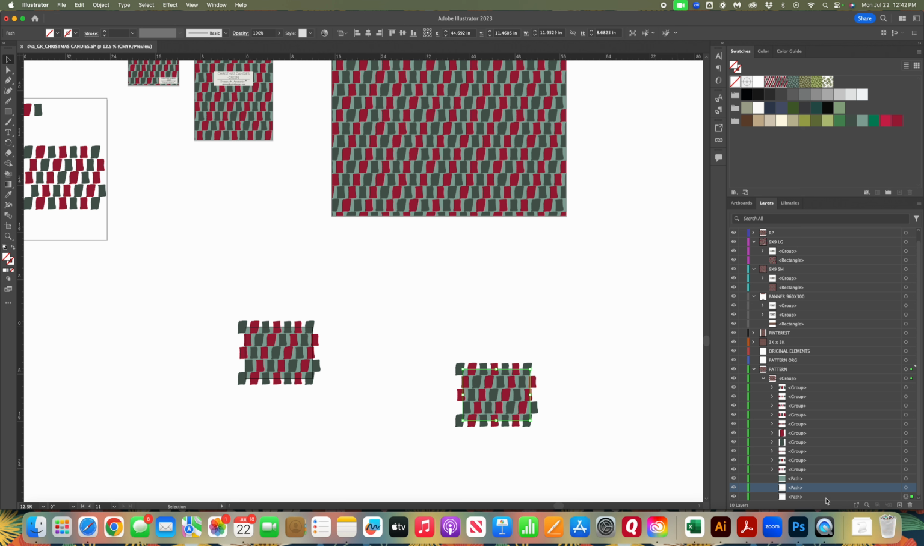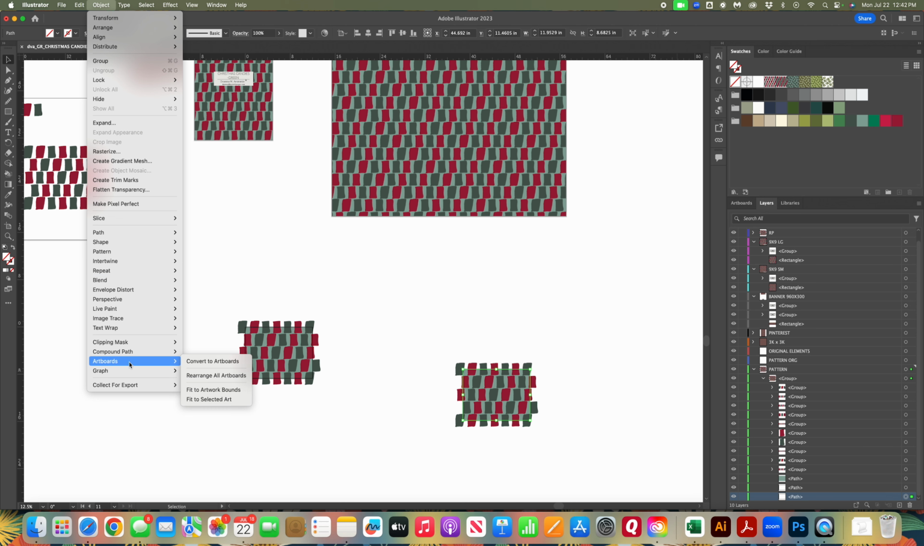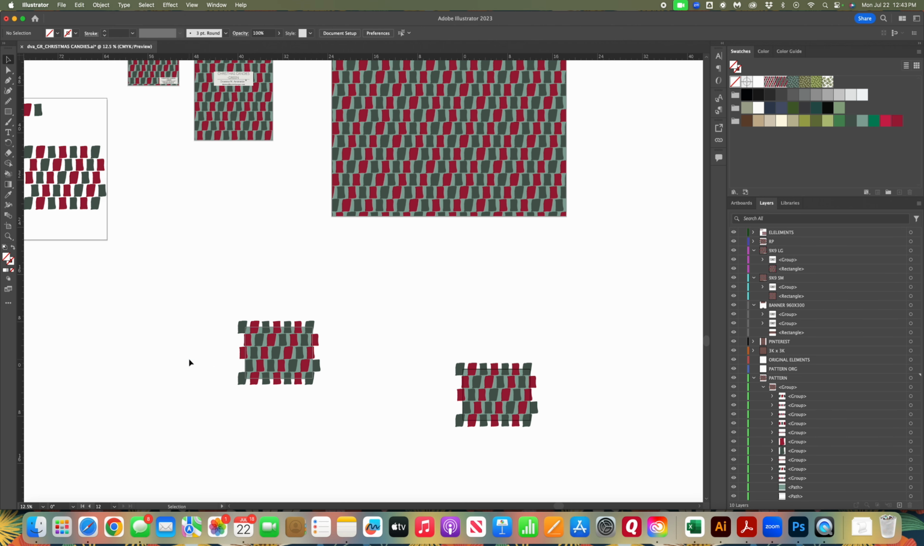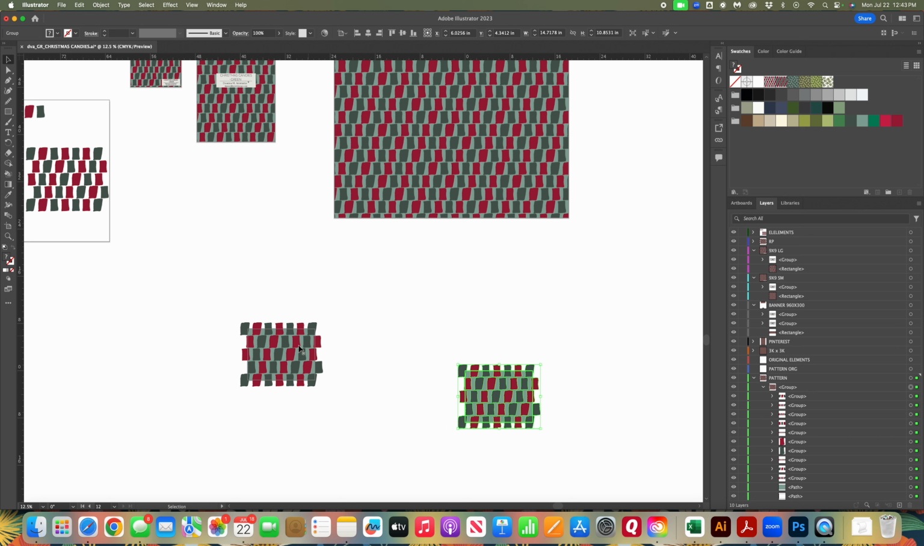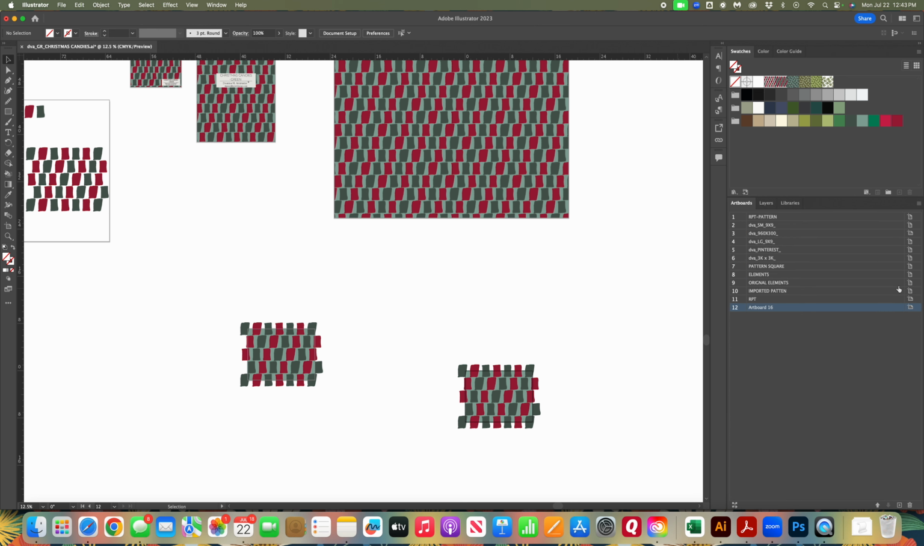Okay. Now, make sure that this very back one is highlighted, because we're going to make an artboard out of this. So go to Object, Artboard, Convert to Artboards, and it's right here. Basically, it looks like this one I've already done, but here we've got it on its own artboard. You can see it's right here. Now we're going to export it